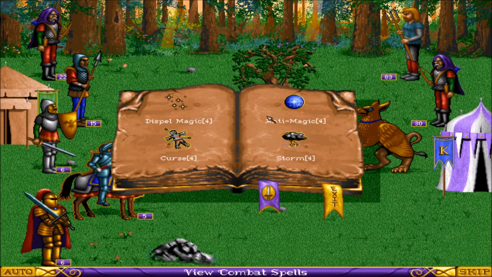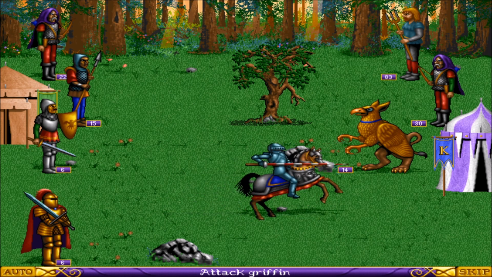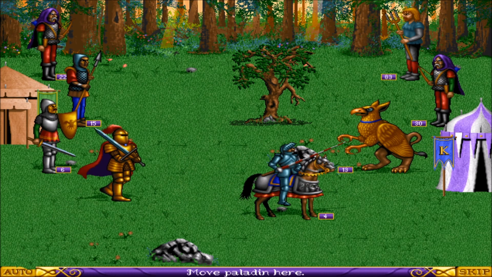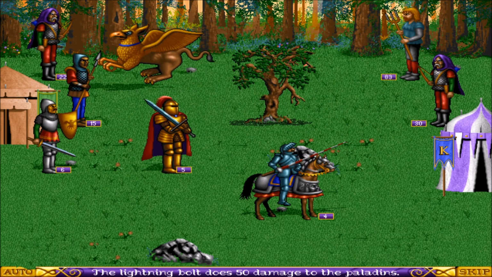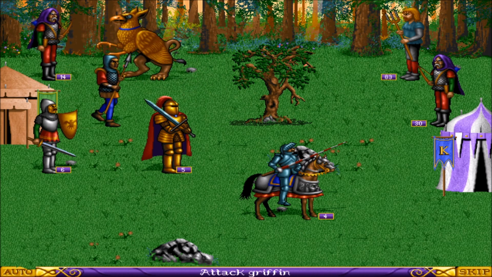Now we do have a few spells available to us. Not a tremendous amount of great spells or anything. We're going to go ahead and hit you with that. We're going to hit you with this guy. And it's just not going well. 50 damage to the paladins. That is enough to kill one of them. They only have 50 HP, so...